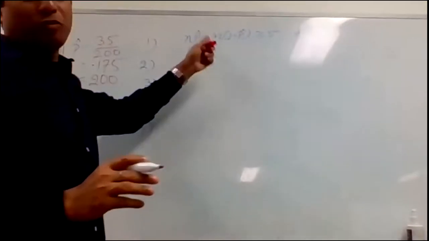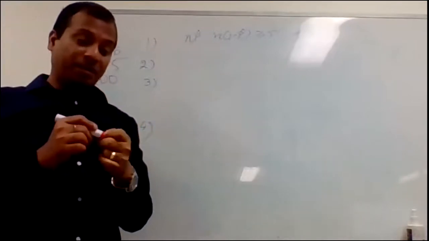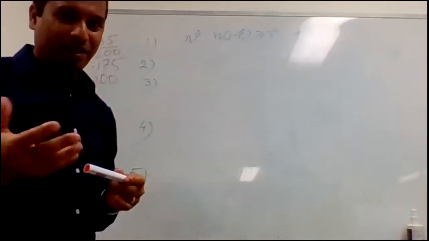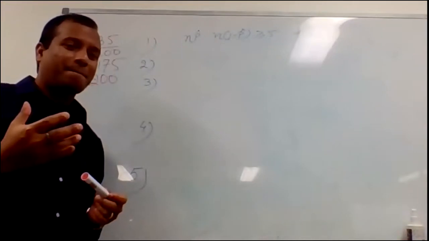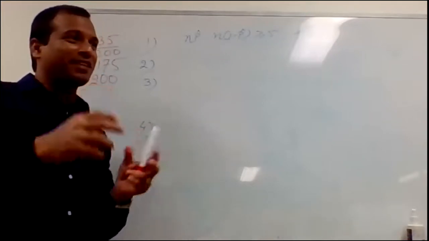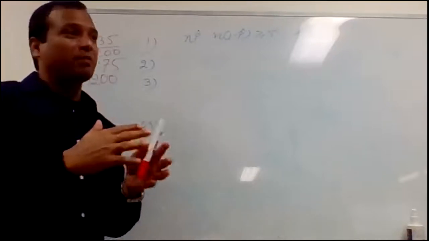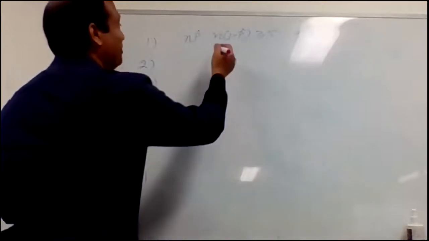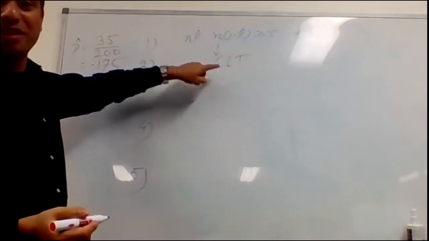Why do we keep insisting that this criteria has to be met? Because remember, which theorem is it? I forgot that. Can anybody remember? There is a theorem which suggests that if the sample size is large, the curve will be approximately normally distributed. Central limit theorem. Why are you guys forgetting? This is the application of the central limit theorem.